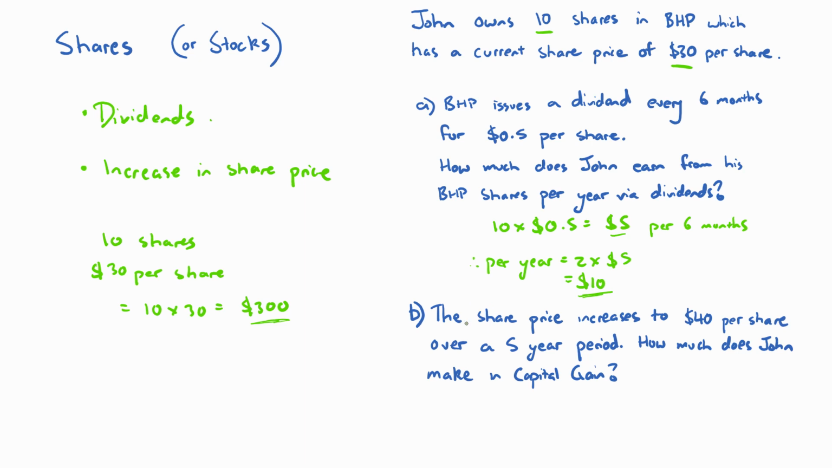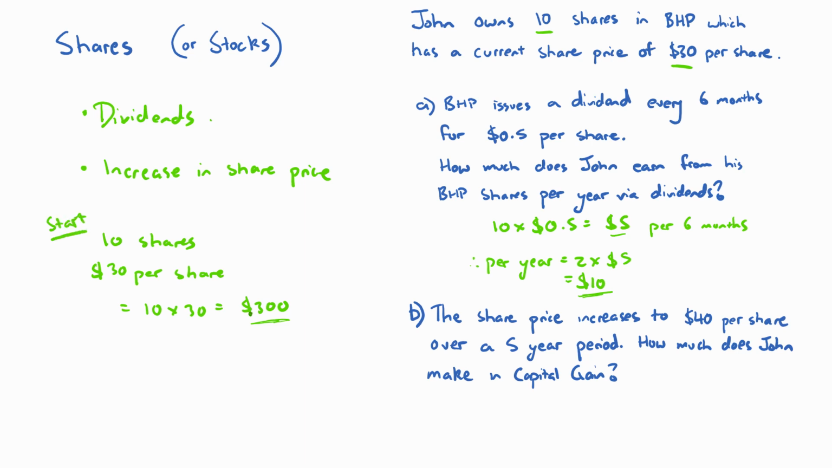Now, question 2, which can be in addition to the dividend, the share price increases to $40 per share over a 5-year period, which is good news for John. So if I have a look at the graph, let's say this is time and this is share price. Over time, it's gone up, which is good to see. How much does John make in a capital gain? Well,